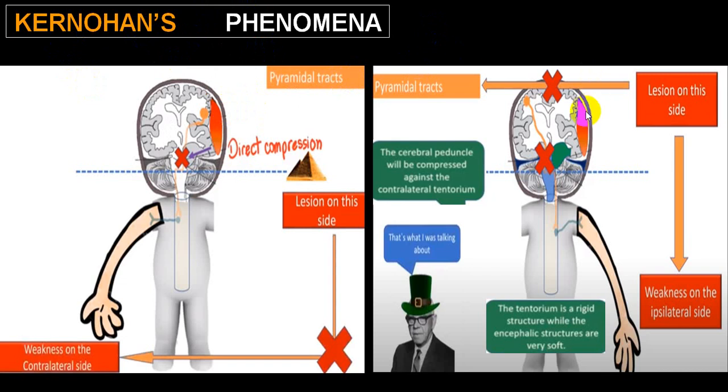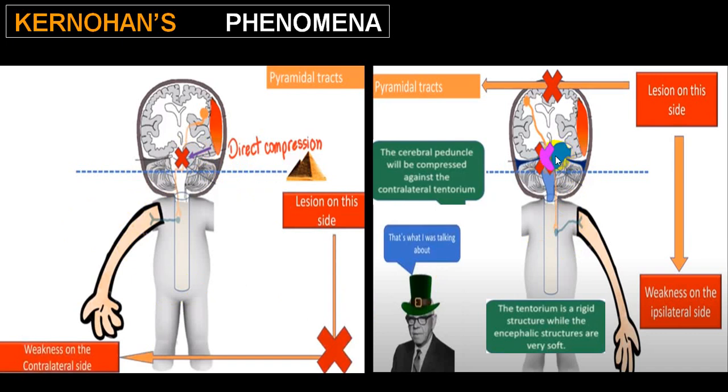You can have herniation, and in case of a transtentorial herniation, by and large due to uncal herniation, there is a compression of the corticospinal tract on the same side, which will produce hemiplegia of the opposite side. That is most common. But if there is a push, or we call it a shift